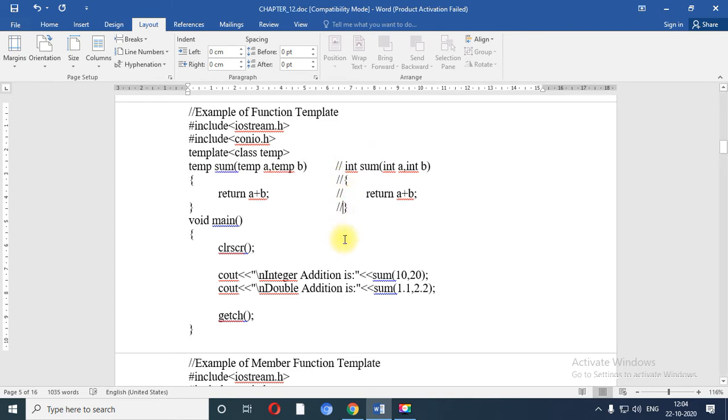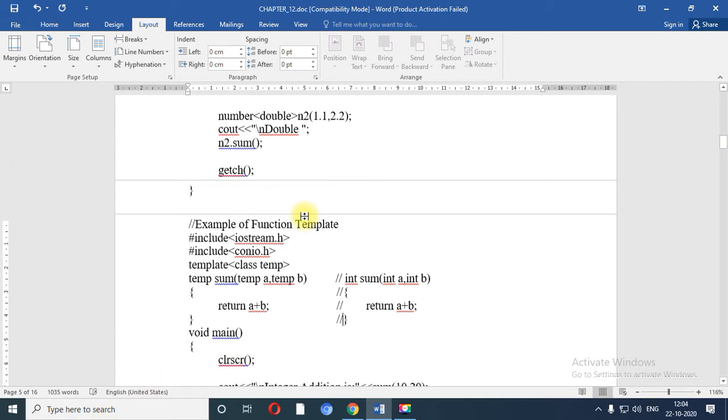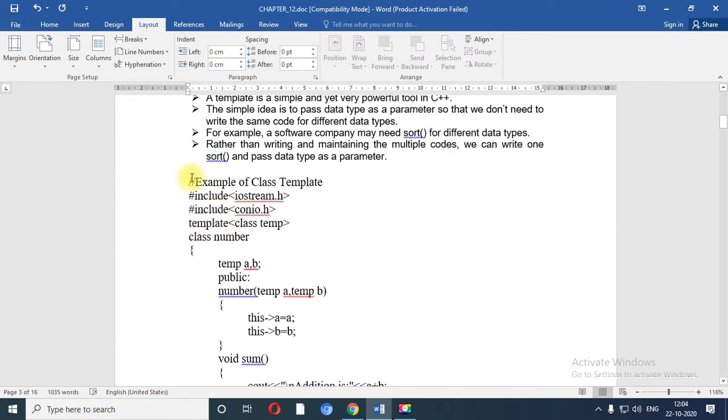You just need to mug up the definition regarding the template. A template is nothing but when you don't want to specify the data type of variable or function or class, at that time you can create or you can use the concept of template. In the first case, we have taken the example of class template using the template keyword and less than, greater than signs, and we have taken class template.